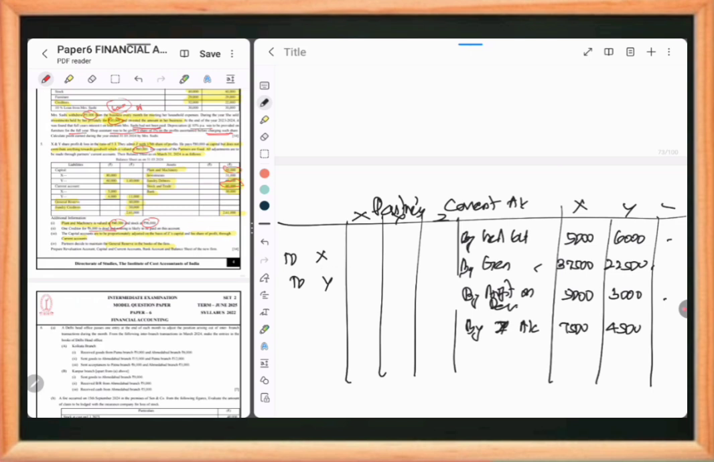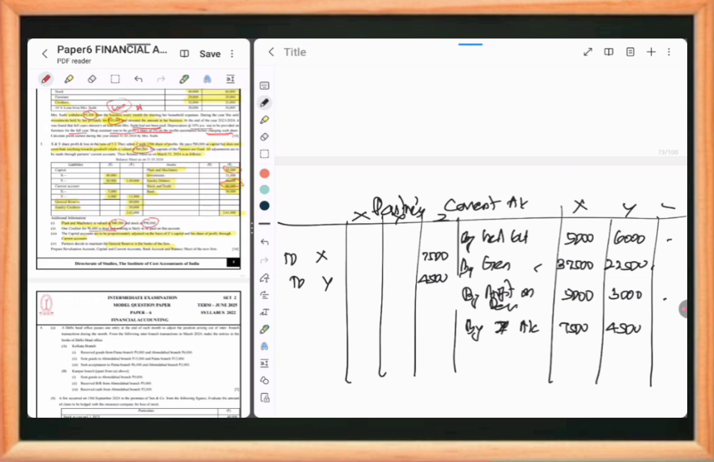Here 2X, that is 7,500, and 4,500. Do you understand? The entry will be Z capital account debit to X capital account and Y capital account. So X account and Y account will be credited. So Z account here is debited. And then here we have to mention on the debit side, Z account debit to X and Y. This is correct. And then next one is